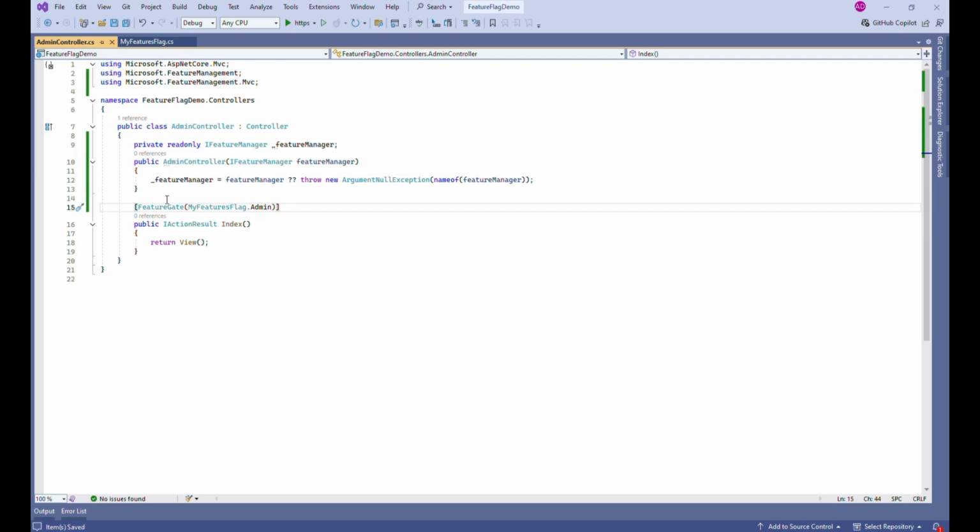It will use the variable name created in the file MyFeatureFlag.cs and will refer to the properties of the same-named variable we have created in Azure. The same changes we need to perform in the product and orders controllers as well. Let me come back once these changes are done in the respective controllers.